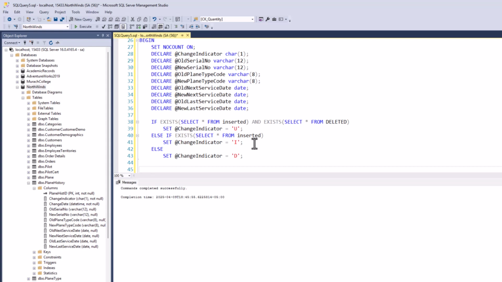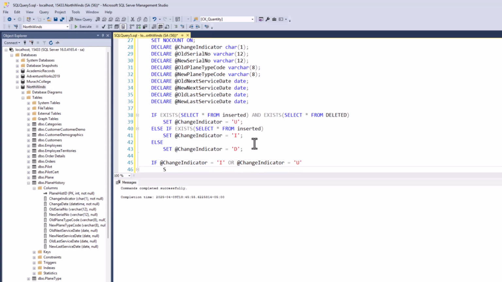So when we are inserting or updating, we have fields that are going to be in the inserted. Those would be considered to be our new values. So in this case, if we have an @change indicator equal to I, or an @change indicator equal to U,